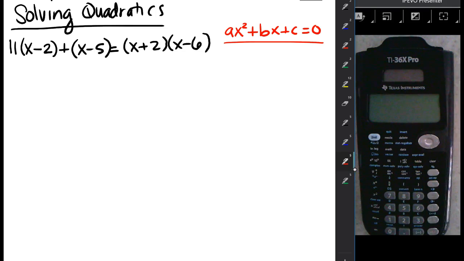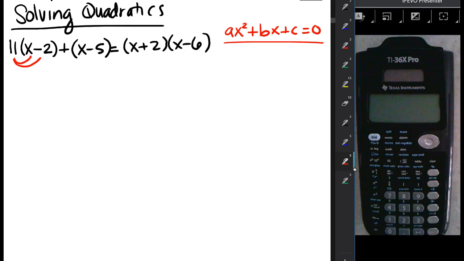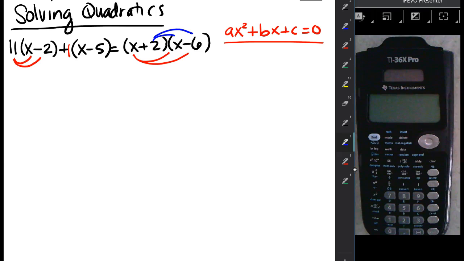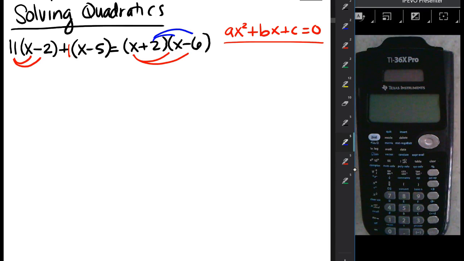as an example. First thing we would do, maybe do some distribution, both on the left side. We have this 11 to distribute, nothing to distribute to the second parentheses. If we think about imaginary 1 there, we could distribute it, but that's unnecessary. But we do need to distribute on this second side as well, on the right side, where we have our little binomial times a binomial. And this is where the quadratic nature of this is going to come in. Because over here we have linear terms, and over here we're going to see there's going to be an x